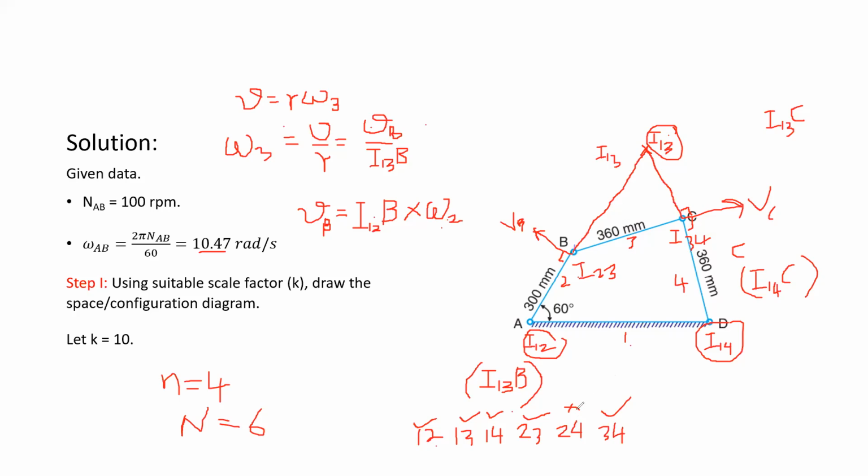Okay. So for example, 2, 4 is here. So in those 3 links, say 2, 4. So which one to select? What is remaining? You can select 3